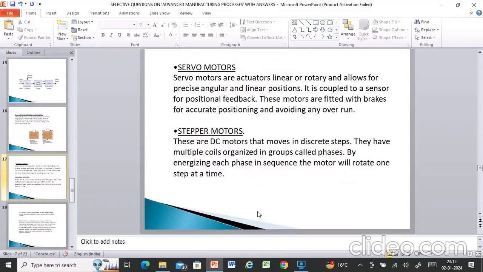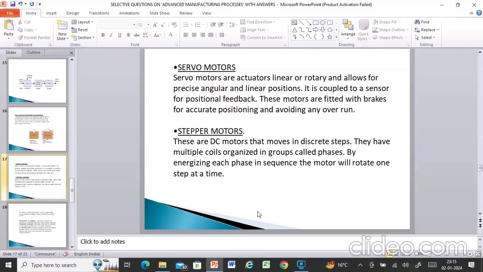Then we come to servo motors. Servo motors are actuators, linear or rotary, and allow for precise angular and linear positions. It is coupled to a sensor for positional feedback. These motors are fitted with brakes for accurate positioning and avoiding any overrun. You cannot allow any overrun in CNC machines because one operation after the other goes on a continuous basis without any interference or without any involvement from the